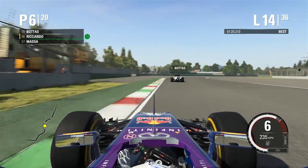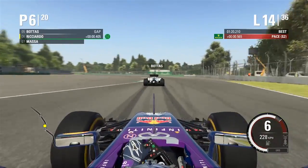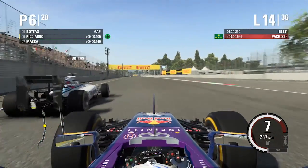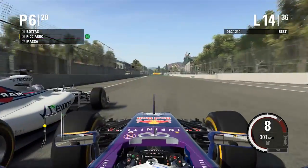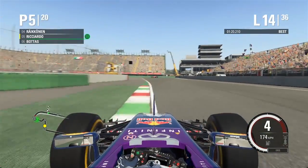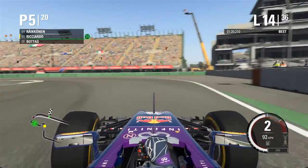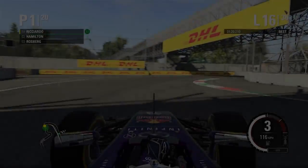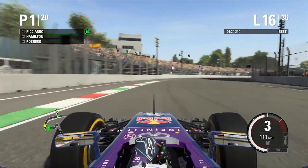So once again, more effective overtaking here, and I did forget to say we did overcut Verstappen as well, so we actually got 2 moves done there, and this could be 3 as we get a beautiful run out of the S's on Valtteri Bottas, and we're just going to breeze up the inside. Bottas can't do nothing about it, and we just make the move there, textbook stuff, up the inside of the Finnish driver, and we're up in the P5 on lap 14, and now skipping later on to